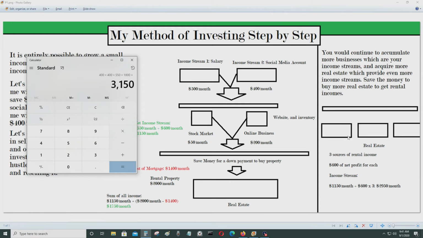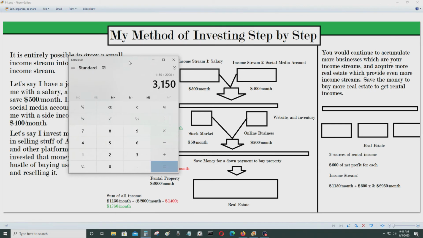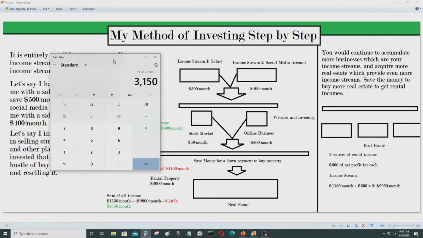I would save up, pay this off, and then pay this off, pay this off, and my income stream is even greater. Let's say I pay off one house, so say I'm only making $1,150 per month with the online business and my salary, and I paid off one house. Now I could pocket the $2,000 a month, right? Because I paid off a house,